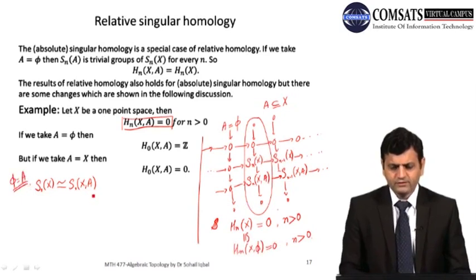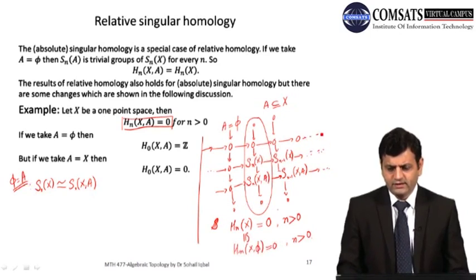Okay, so when we continue on this chain complex, at the end there are zeros in this row, so that's why we can say that for 0 as well. So for the case when A is equal to phi, these things are isomorphic. Why? Because we know that H naught of X is Z, and since these are isomorphic, we can say that this is equal to the relative homology of X with respect to A